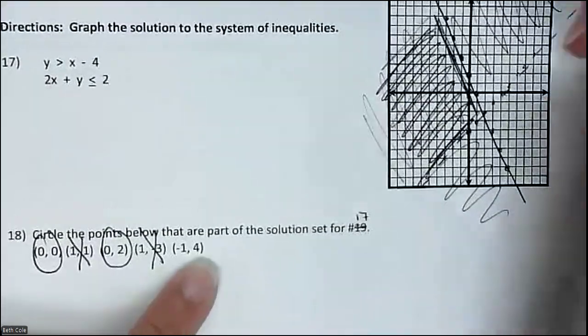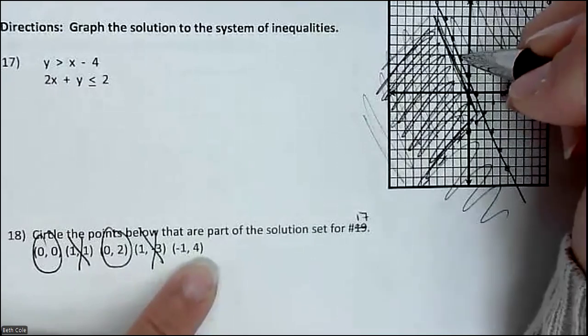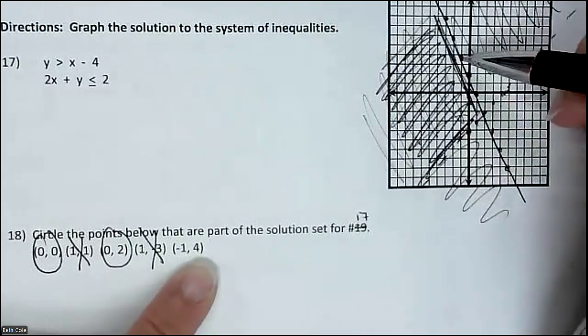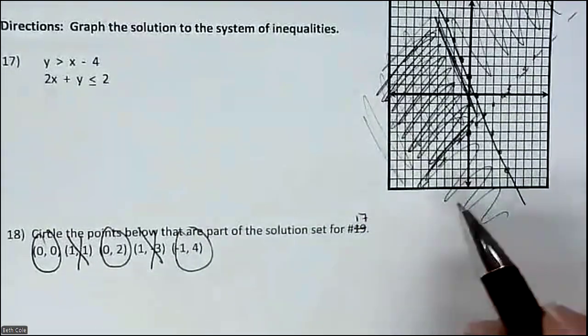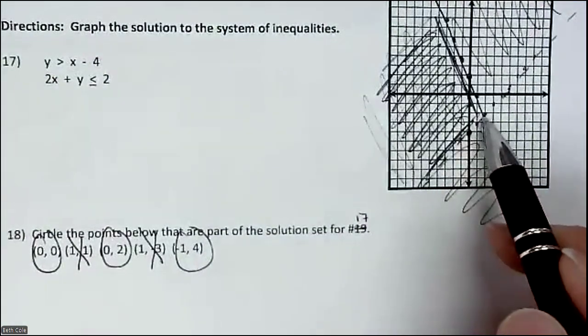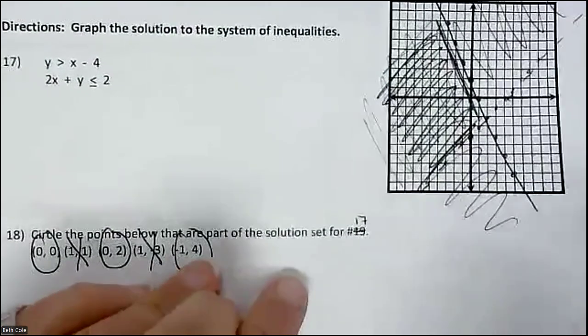And then how about -1, 4? It's on a solid line, so it counts. When would the intersection count? If they're both solid. So the intersection only counts if they're both solid. All